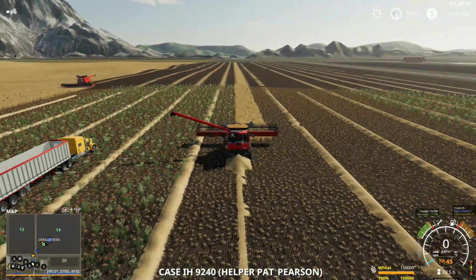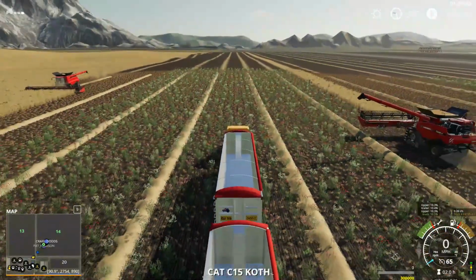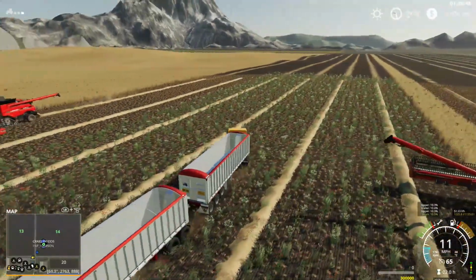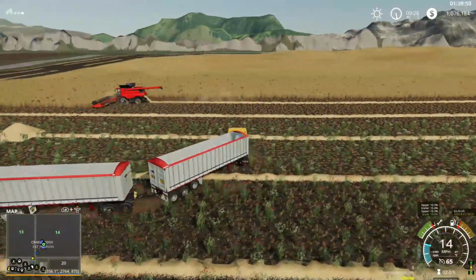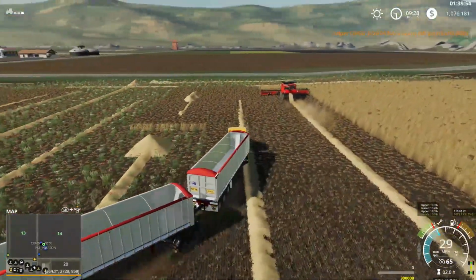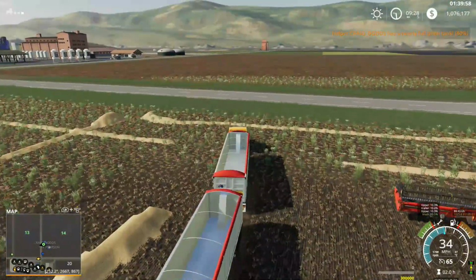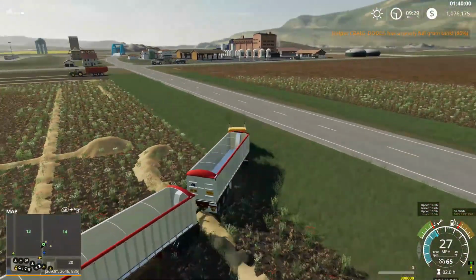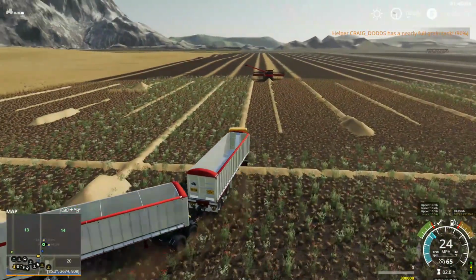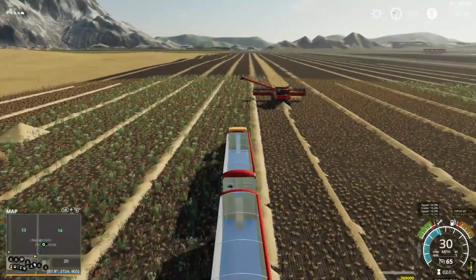He's full. Let's grab a truck and get him emptied. He's almost done with that strip. I've been leapfrogging this field with these two combines, so let's continue on with that. So Craig is almost full with his, and whoever's in this combine needs emptying, so